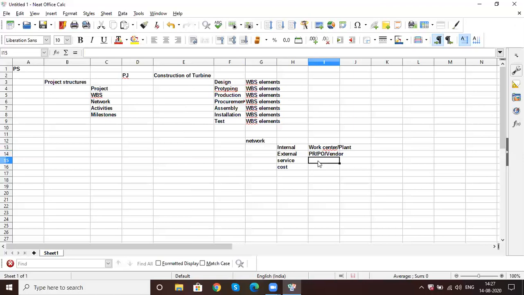Service activities: you create a purchase order for services. Say, for example, you are doing the installation. What kind of installation are you going to do, and what third-party services are required? Maybe you need a crane, a forklift, or some kind of tools. Those can be handled using service activities. And general cost is not having anything; it's only a cost activity posted to a GL, the general ledger.